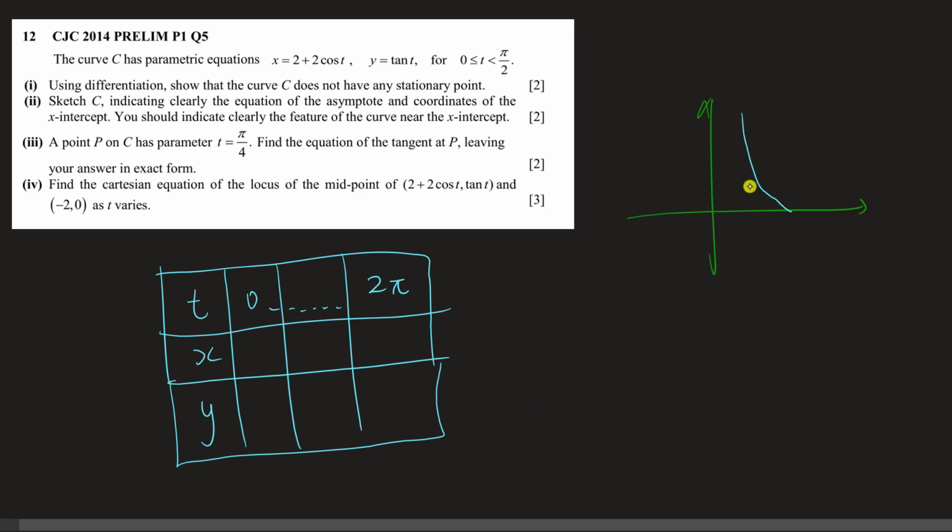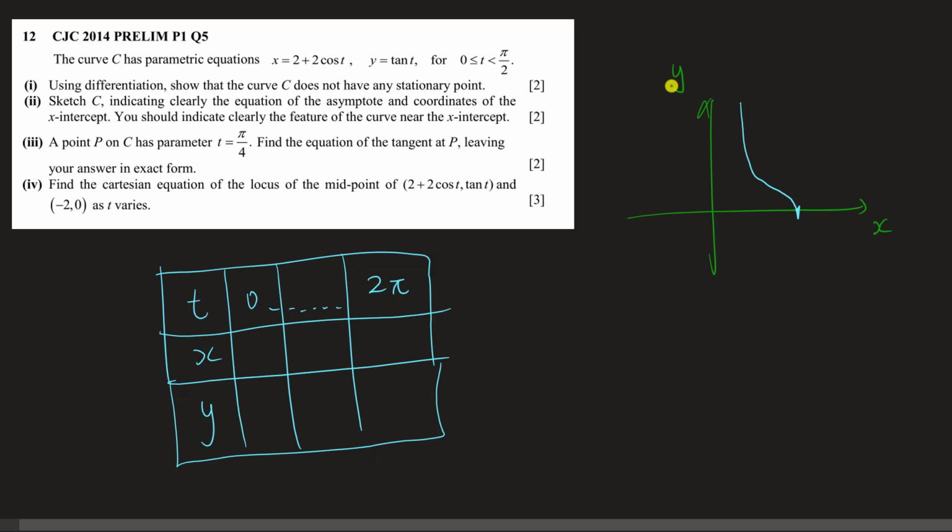So if you were to draw a smooth curve down like this, you'll be wrong. You should exaggerate it in your answer. It should look like that. And this is the intercept. What the intercept is,